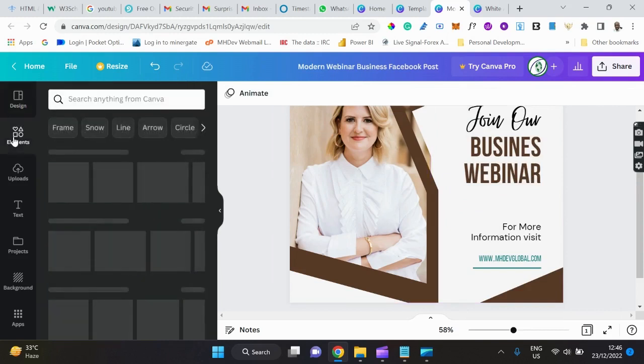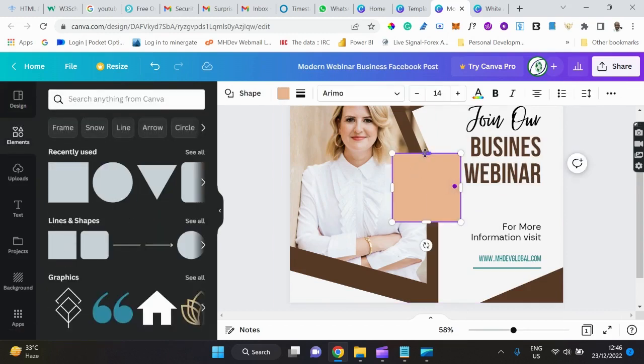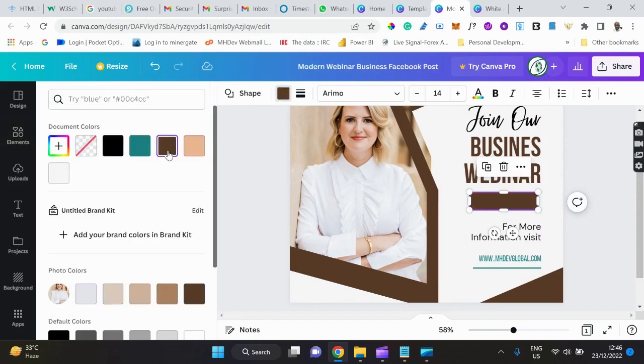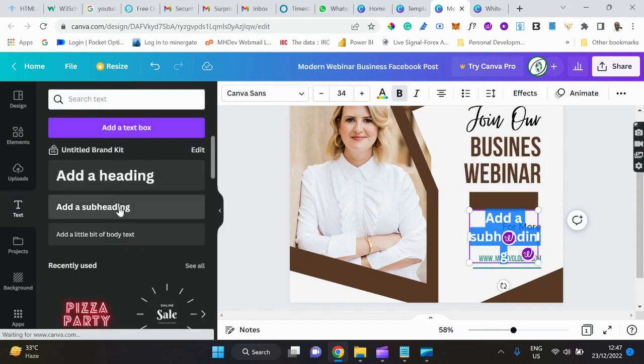Then I'm going to bring in my own design. So I have my rectangle. As you can see, I'm creating my own. I'm going to leave it like that. Then I'll change the color to dark brown, and then I'll go to text and pick up my text. I'm going to use add a subheading. Then I'm going to type in my date,